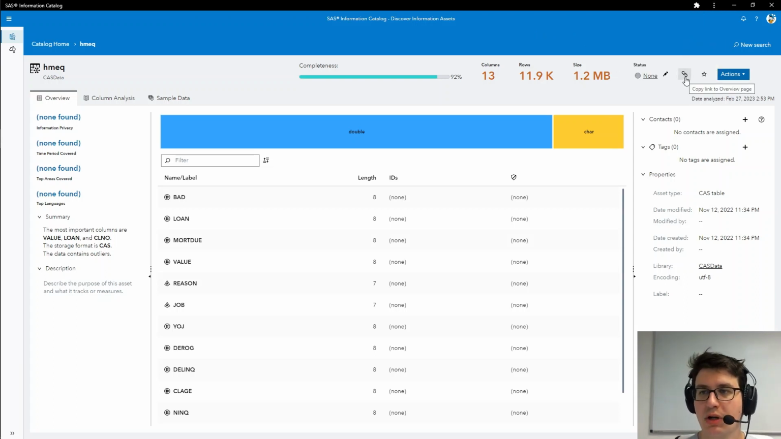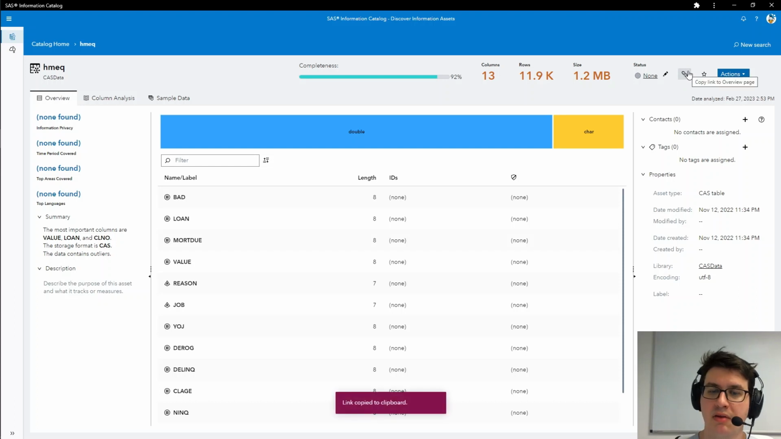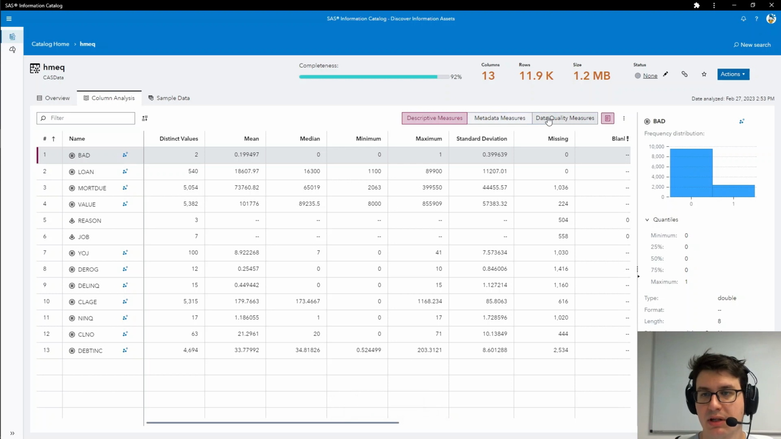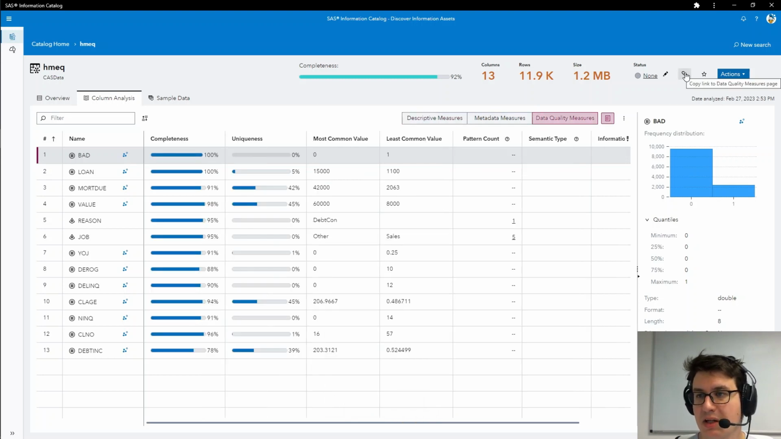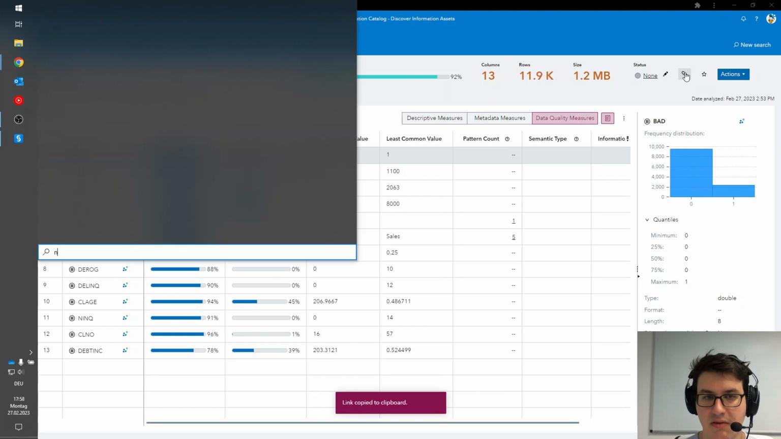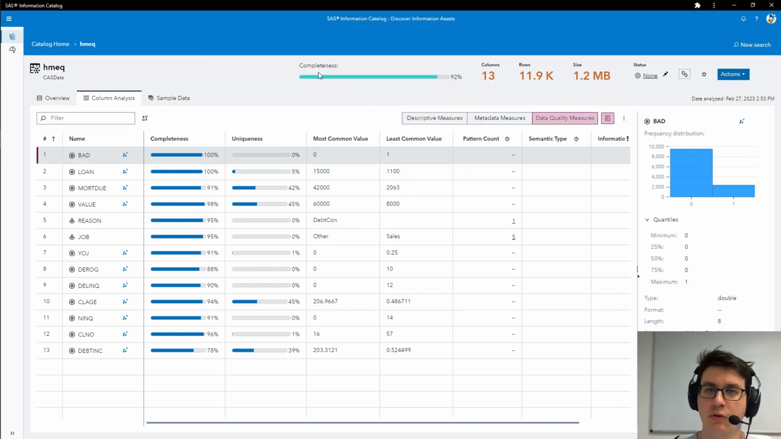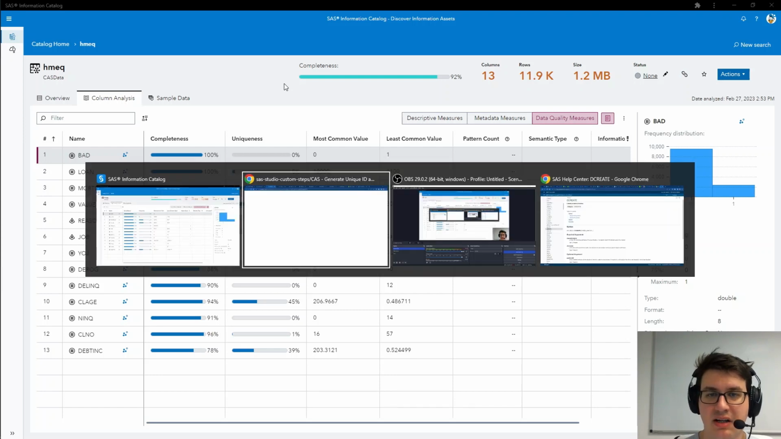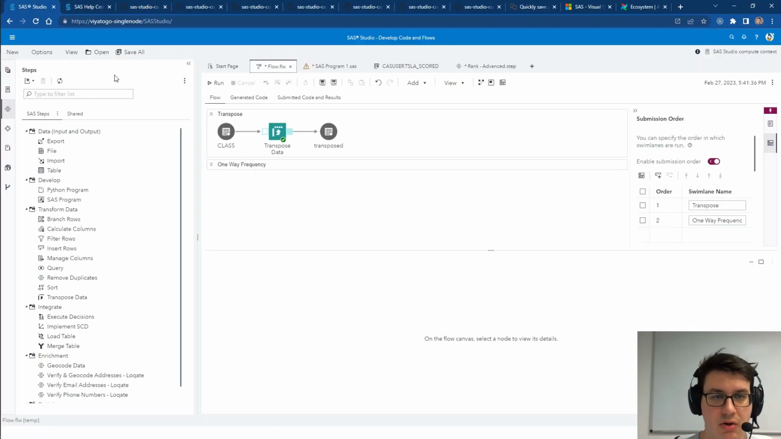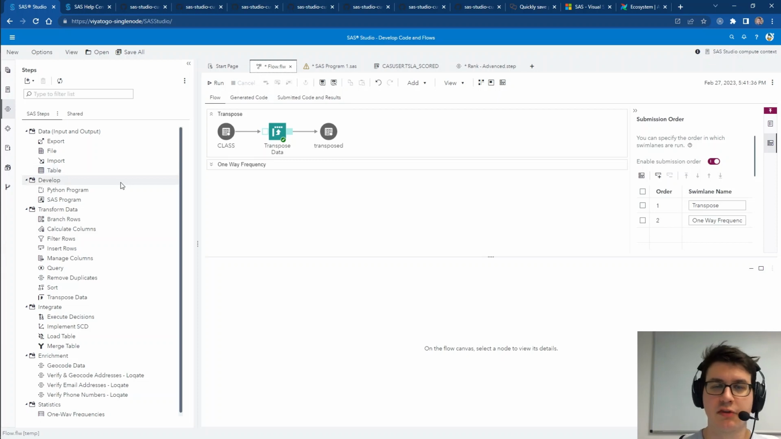Now we have this new link icon that directly copies the link to your clipboard. And it also adjusts when you go, for example, into the data quality measures of a table and copy the assets there. It still has all that information in there and directly links you deep down into the application. So you don't lose anything in comparison to the URL bar, which is quite awesome and helps you to communicate with others. So let's leave Information Catalog and jump into SAS Studio, where we start off with two new cool